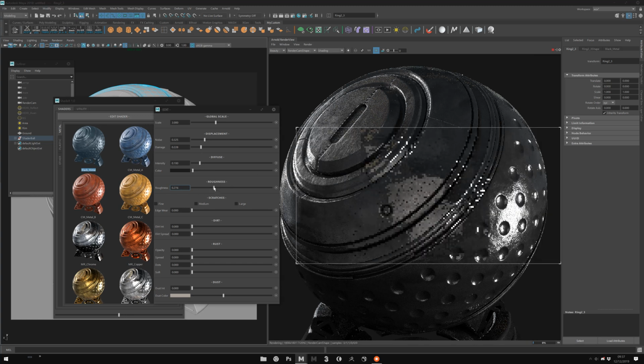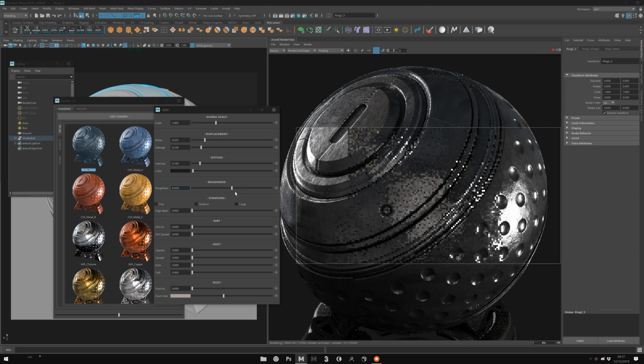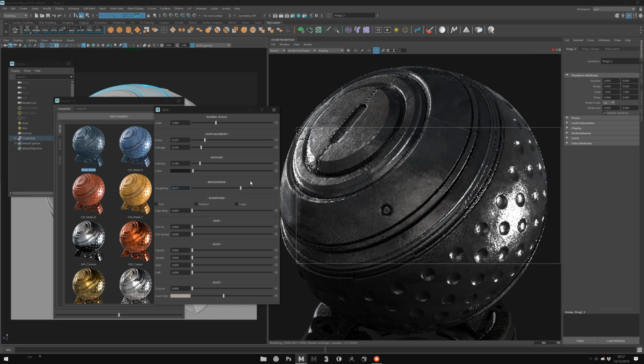The roughness is just the roughness as you expected. But in fact, understand, here I did this to give you access to only the simplest possible parameters. But in fact, it's not just a roughness, it's more than that. That affects a lot of attributes on different maps to affect the roughness of the shader correctly. It's not just the roughness slider, the same you can find on a standard surface.